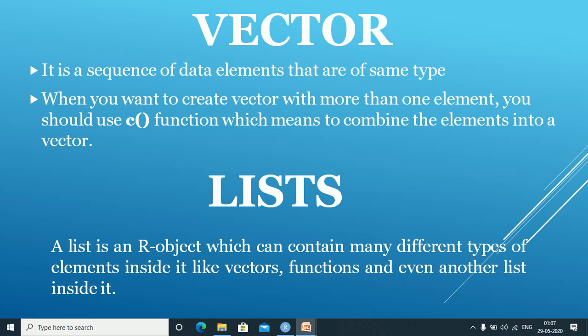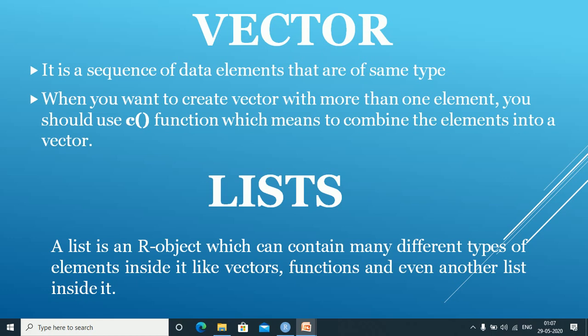The next that you have is your list. So a list is an R object which can contain many different types of elements inside it. So it can have vectors within itself, it can have functions within itself, it can have a list within itself. So it can have any different types of data that we have seen till date.